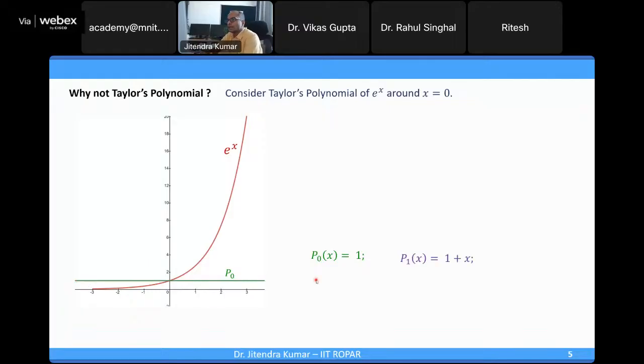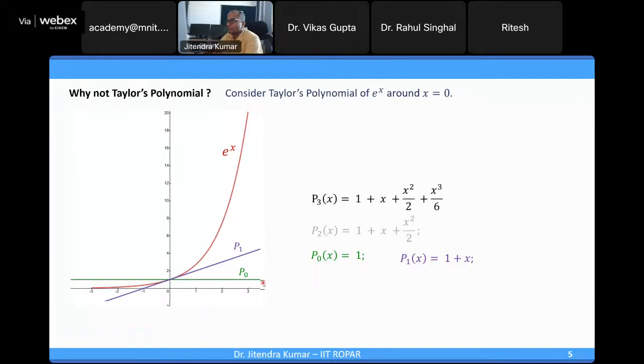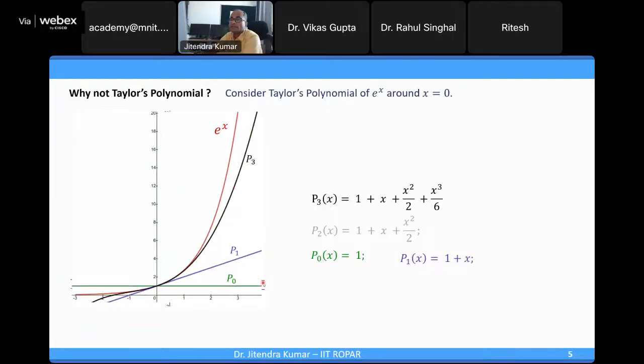Then if we go for the higher order polynomial, that means this first order polynomial 1 plus x, you can see that you have now a slightly better representation, of course, than P0(x). But if you go higher and higher, for example, this third degree polynomial is here with the black line. So it's approximating this exponential function in some interval around x equal to 0, because that was the